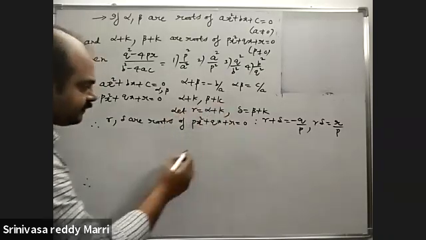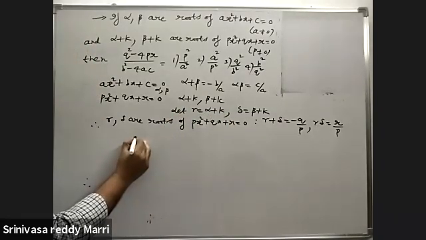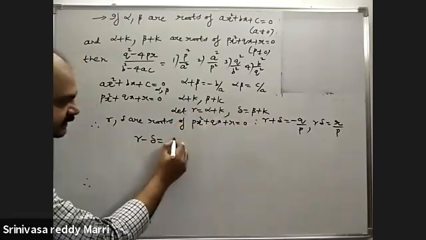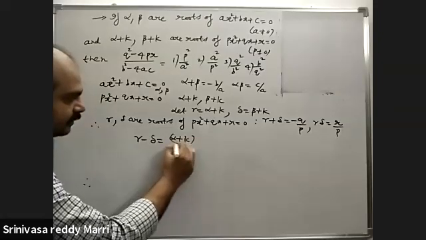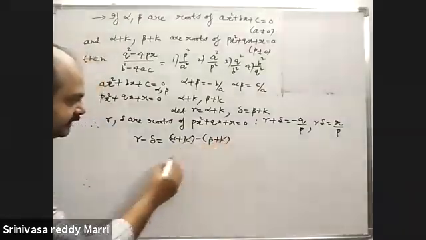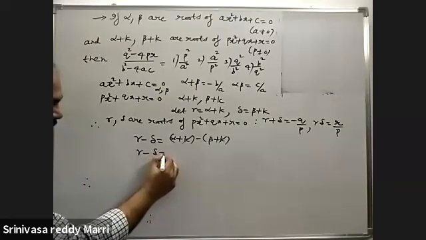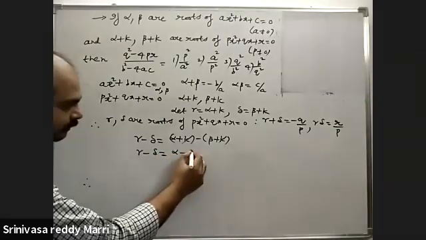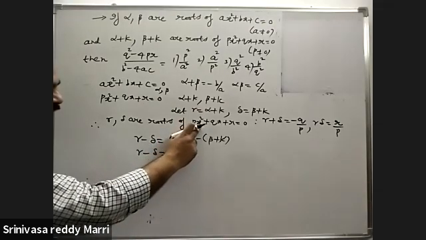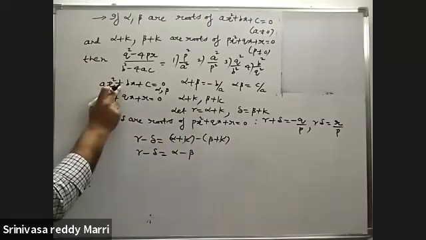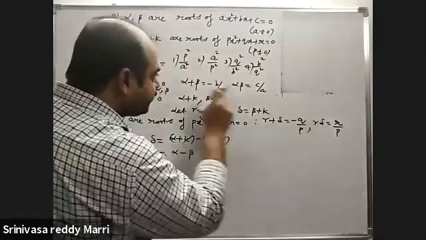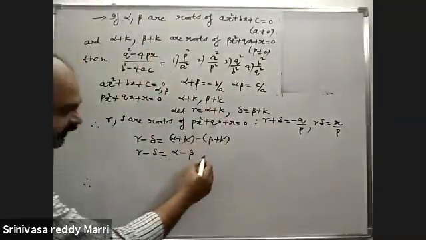Now you can observe gamma minus delta. I am calculating gamma minus delta. This minus this, k will get cancelled. You can observe that gamma minus delta is alpha minus beta. That means the difference of roots of this equation and the difference of roots of this equation are same. Now you know the relation between gamma plus delta, gamma into delta, alpha plus beta, alpha beta, squaring on both sides.